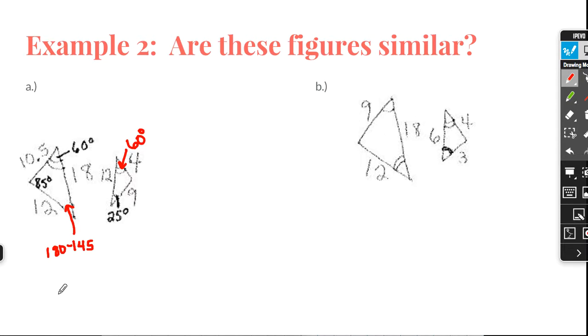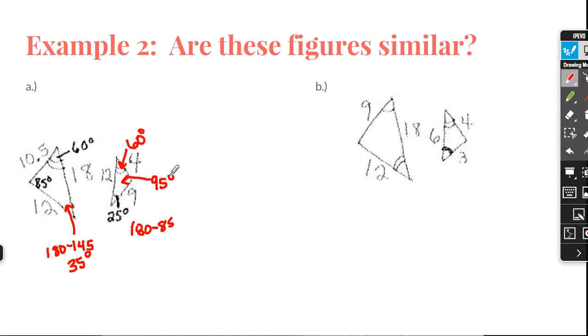So 180 minus 145 will be 35 degrees. Since this angle is 35 degrees and this angle is 25 degrees, that would make this angle 60 plus 25, which is 85. So 180 minus 85 will give me